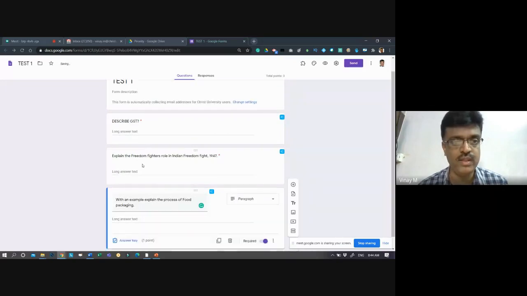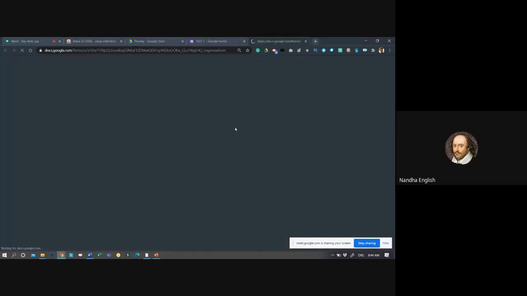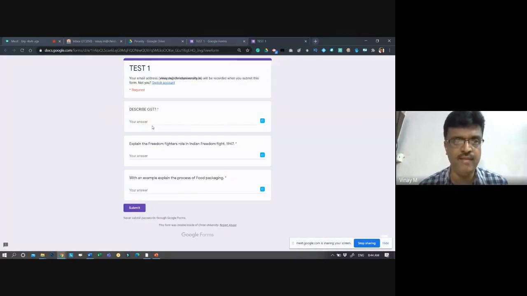Now what happens in the preview? This looks like a simple quiz program, and everybody is expected to type the answer. They will type it here. See, the answer will be typed in this place. This is some tax-related answer, GST, something they would have written.